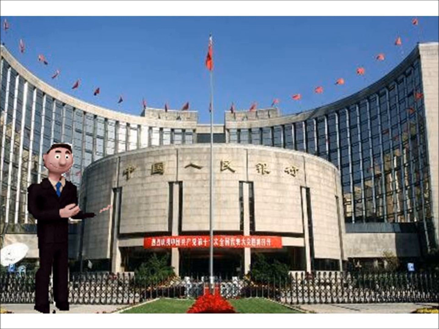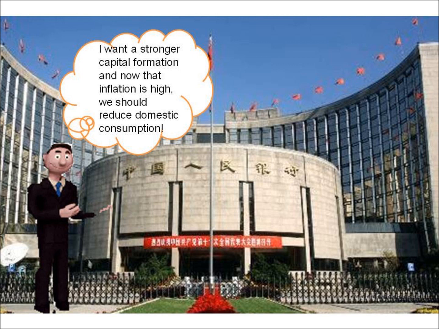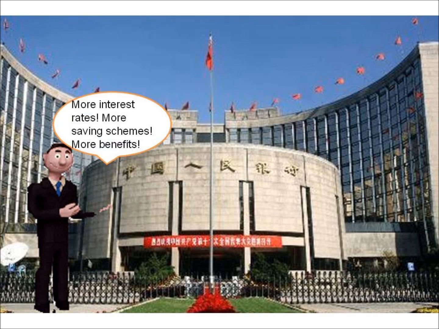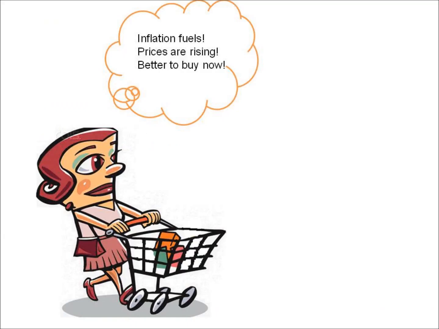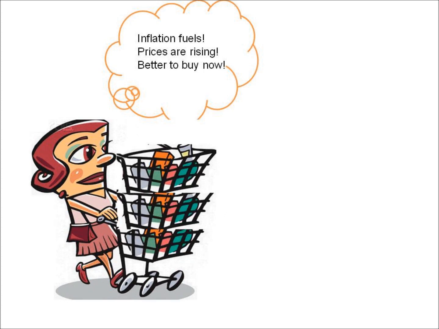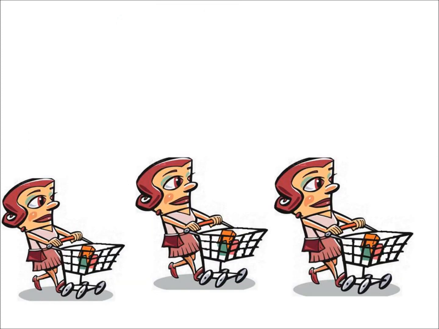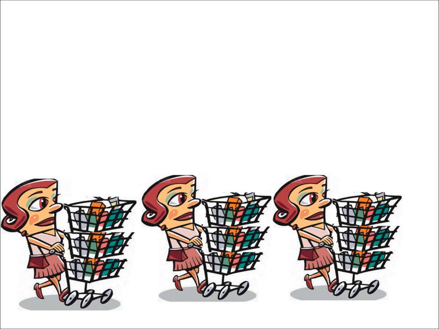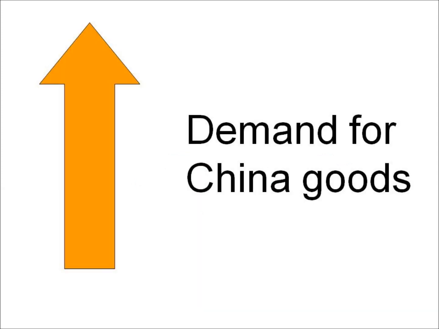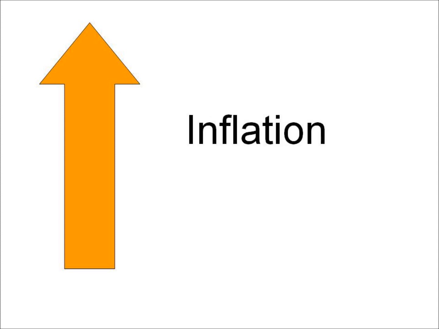To curb the inflation, the People's Bank of China, also known as the central bank, wants to encourage its citizens to deposit more of their incomes to savings, to provide stronger capital foundation, and also to reduce domestic consumption, therefore hoping that this will reduce inflation in China. However, inflation fears prompt the Chinese citizens to increase present spending because they fear that postponement may lead to loss of purchasing power. The increase in present spending thus leads to further increase in demand for China's goods, which thus raises the price even more, aggravating the problem of inflation.